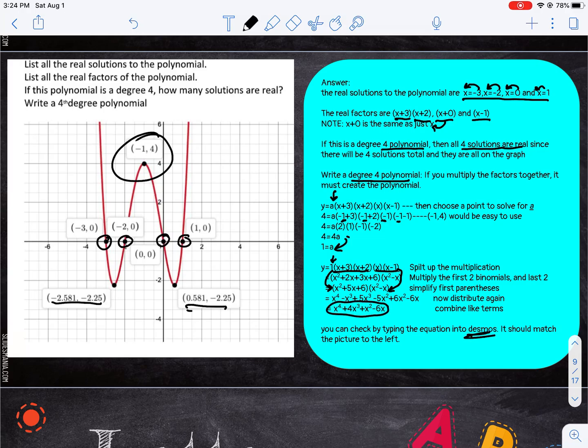And then if you want to check to see if you're correct, you could take this and type it into Desmos, and it should look exactly like that picture right there. So again, you're practicing the connection between the solutions, those x-intercepts, whether things are real or complex, the degrees,